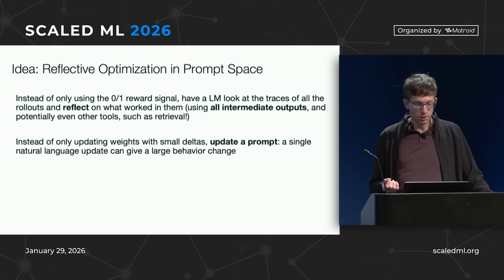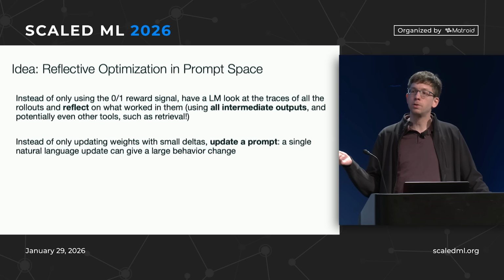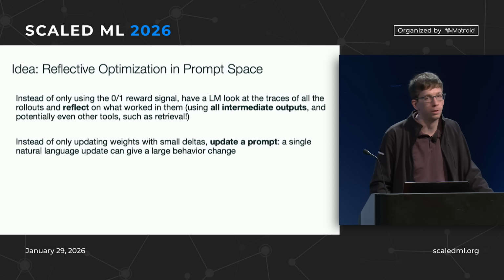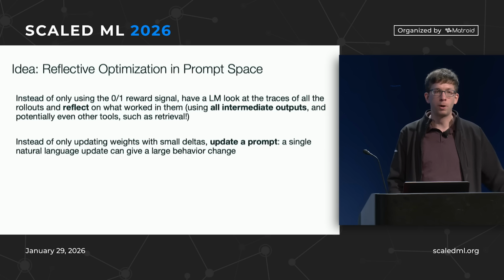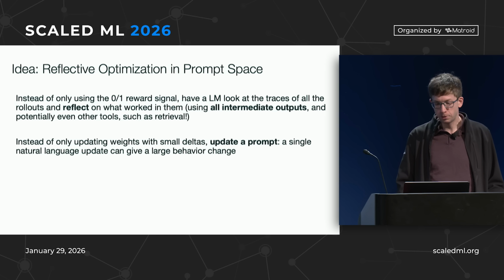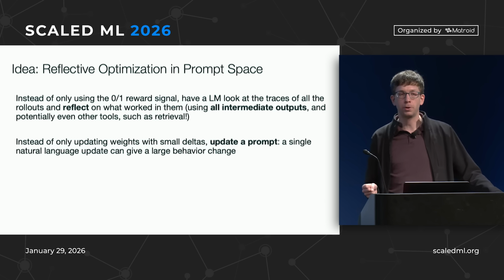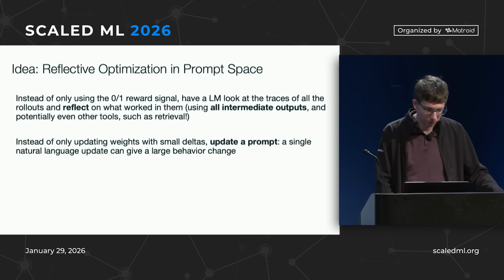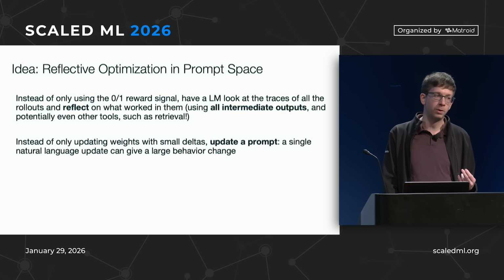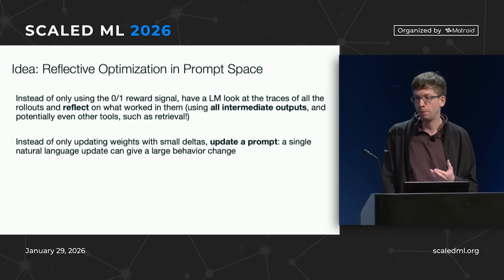The other thing we do is, instead of updating the weights, we tell it, can you just suggest an update to the prompt for my model to do a specific task? That means you can have a very large update after a single rollout. It might just tell you, don't put an extra parameter in this API call that doesn't exist, if the model has a tendency to do that. So you both look at more information from each step and you can make a bigger jump in behavior in each step without totally messing up the model. That's what we've been exploring. And in these sample-poor domains, this actually works really well. Even when you can take a lot of samples, this actually complements weight training and RL pretty well. You do better with both.